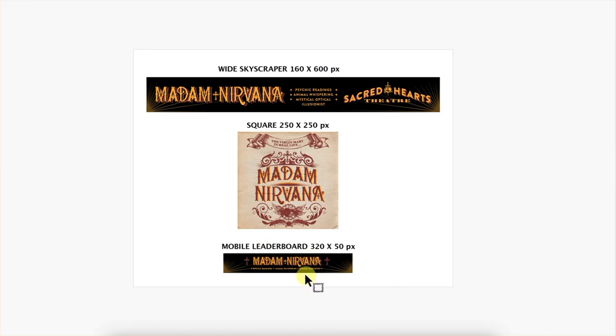With these digital ads, I don't care so much about the margins. I really care about margins on printed things. So I'm very picky about that on printed stuff. But on these, it's okay if you bump up Madame Nirvana a little bit more to make room for a font that's about 2 to 4 sizes larger than what you have there. Okay,